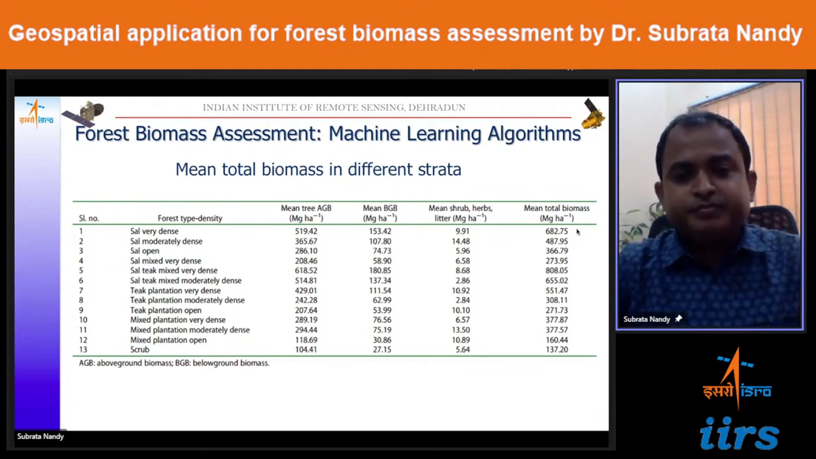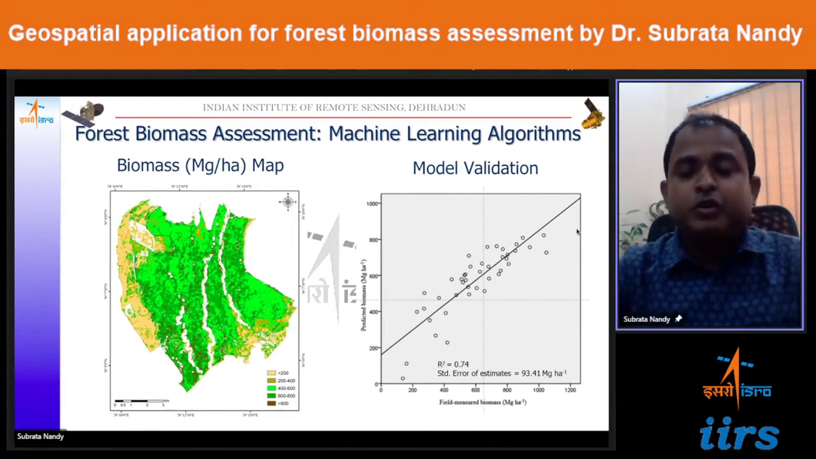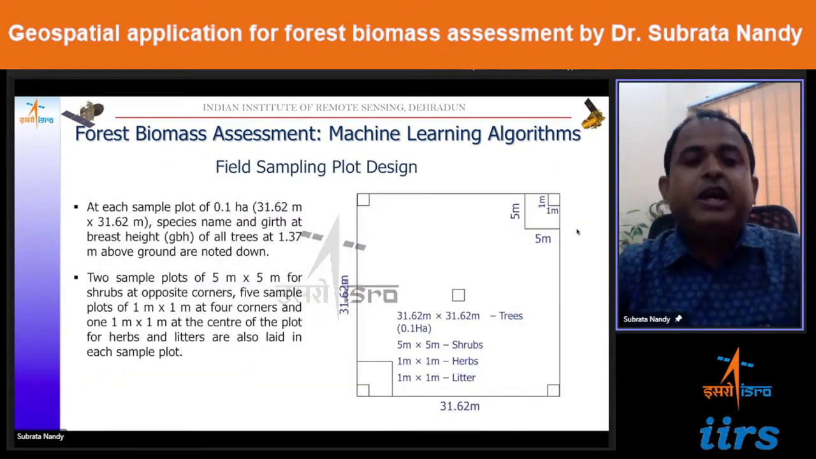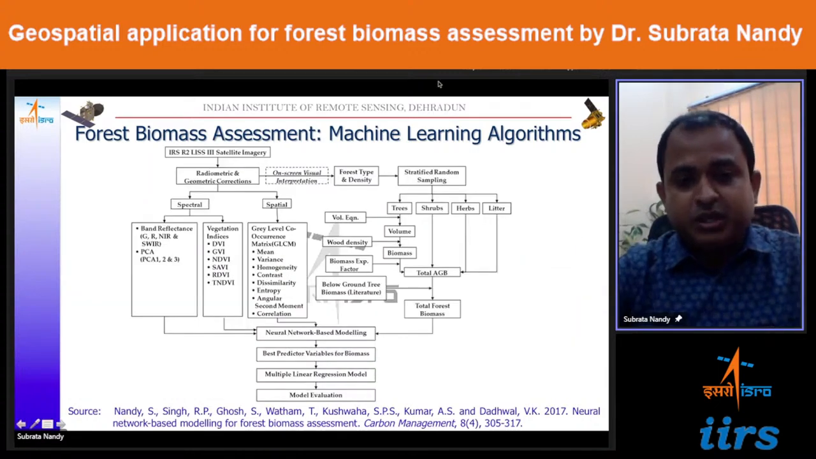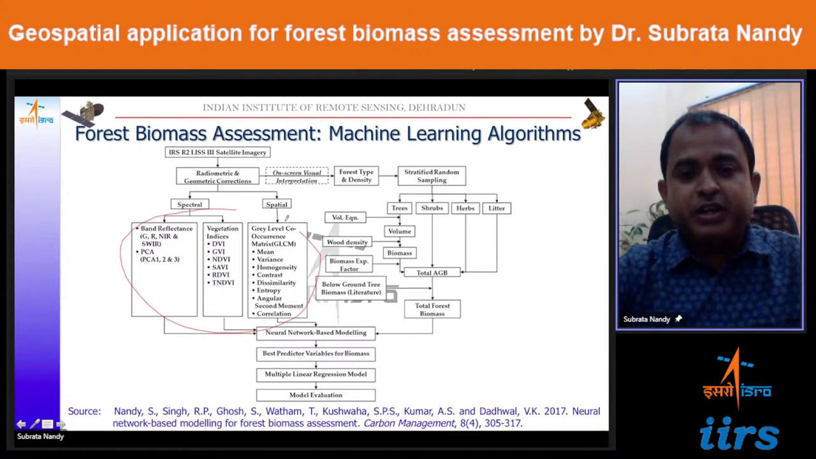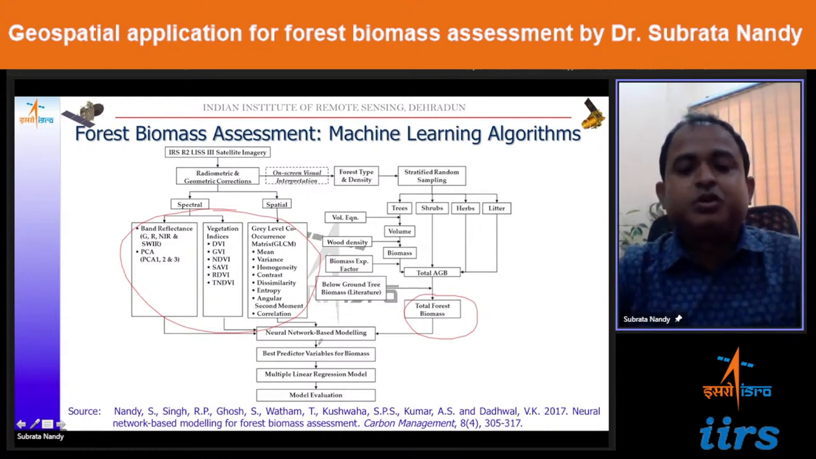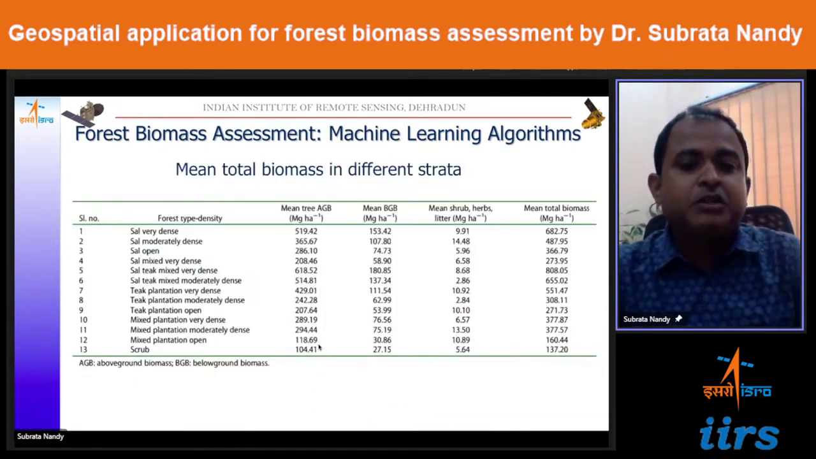Now here, these are the points. What I showed earlier also, these are the field biomass, how we calculate, and then what you do, you use these variables. So in this case, these are the independent variables you are taking. You are relating this with the biomass. So this is the dependent variable, and this part is the independent variable. And in this case, we have used neural network based modeling, and we could map the biomass of this area